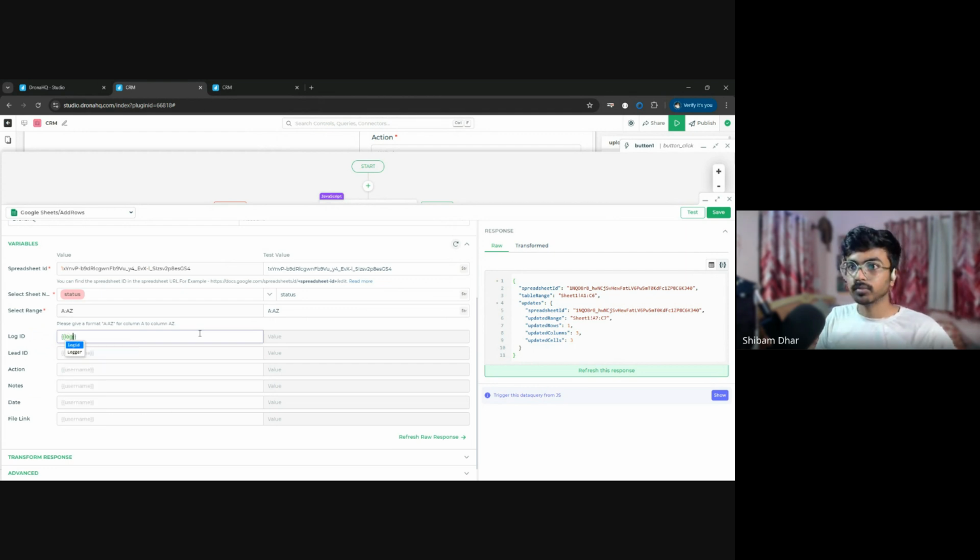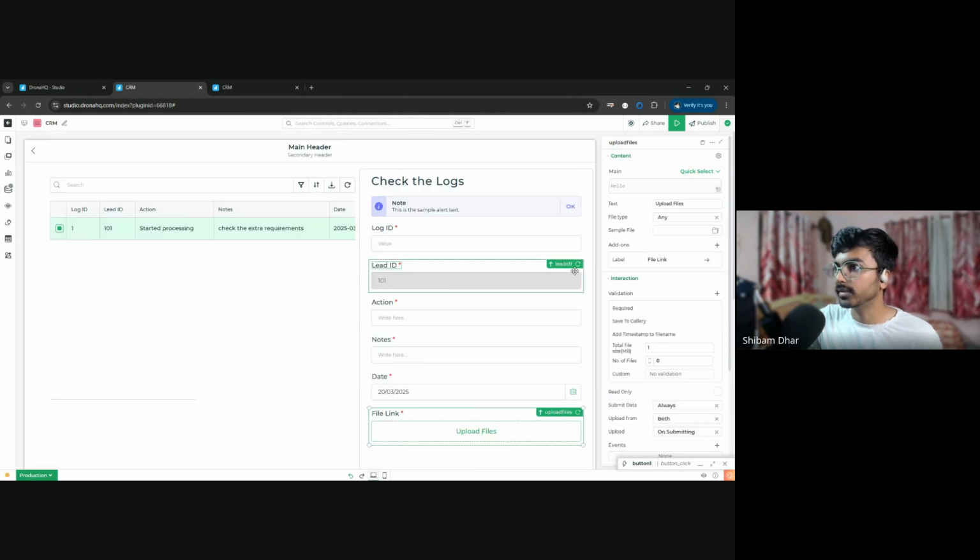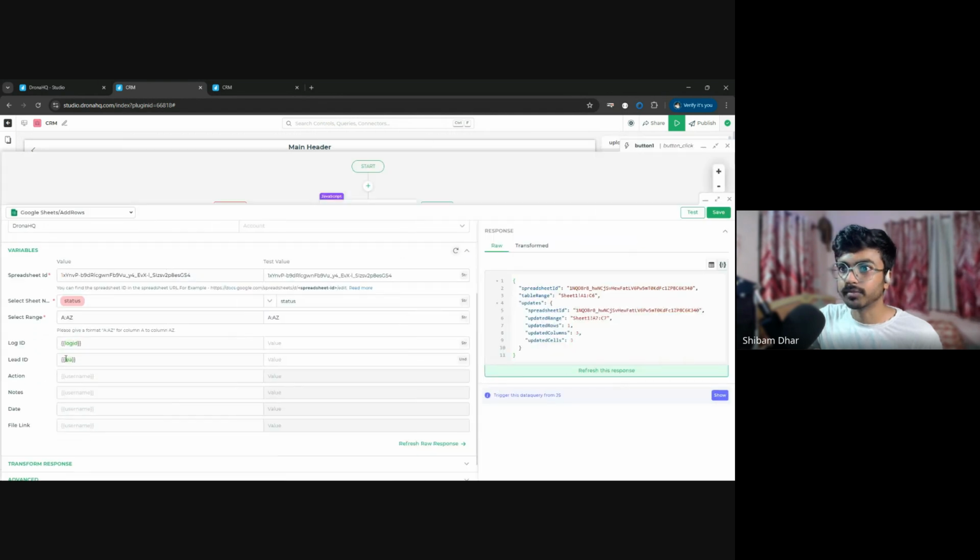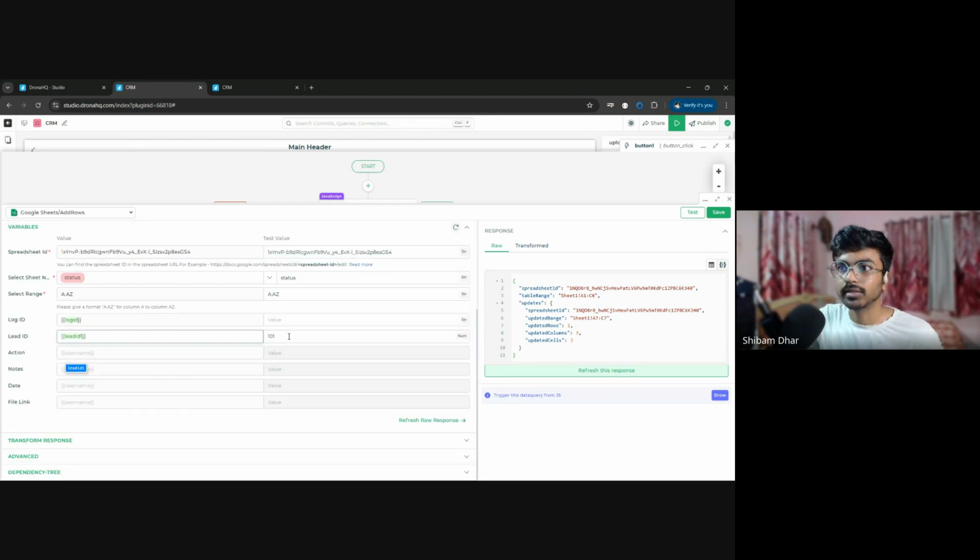Awesome. Log ID. Okay. Now, here you can actually select from lead ID in all caps, or you can select from lead ID one, which is, if I'm not wrong, this particular, yes, lead ID one. So it's up to you. Let's do lead ID one. It's automatically getting all the 101 data. Action, action,